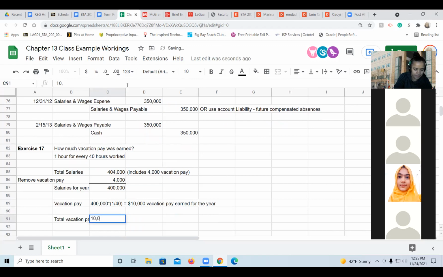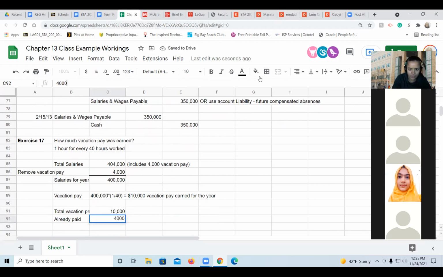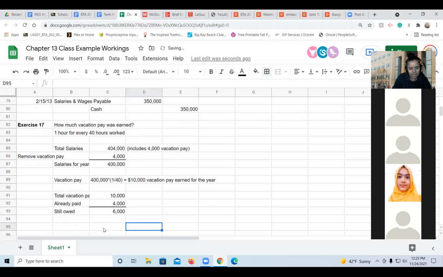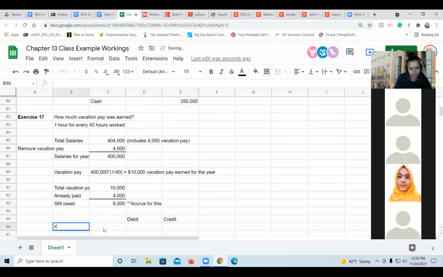So total vacation pay is 10,000. What we already paid is 4,000 because that's from the question, right? It says that they already paid out 4,000 of vacation pay. So it must then mean that what is still owed is 6,000. And that's what we have to accrue for, right? You're going to have to accrue for this. Some people were already paid out their vacation pay, but for the rest that weren't paid, we have to accrue this $6,000. And so again, we're going to say salaries expense or salaries and wages expense,